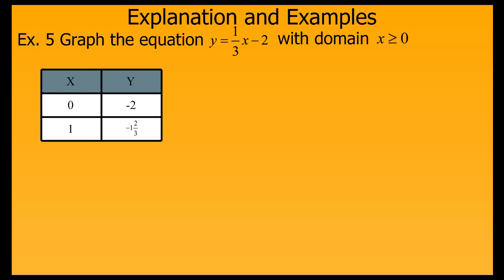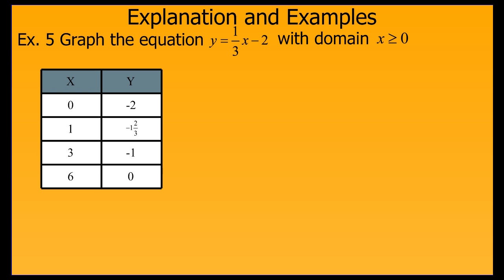While this is a perfectly fine point, it sometimes can be difficult to plot something at negative 1 2/3. So for my next point, I'll pick 3, since I know that will multiply out the 1/3 in the equation and give me an easy point to plot. And while I have enough points, just to make it easier, I'll also pick 6, which also gives me an easy point to plot. I now plot those points,